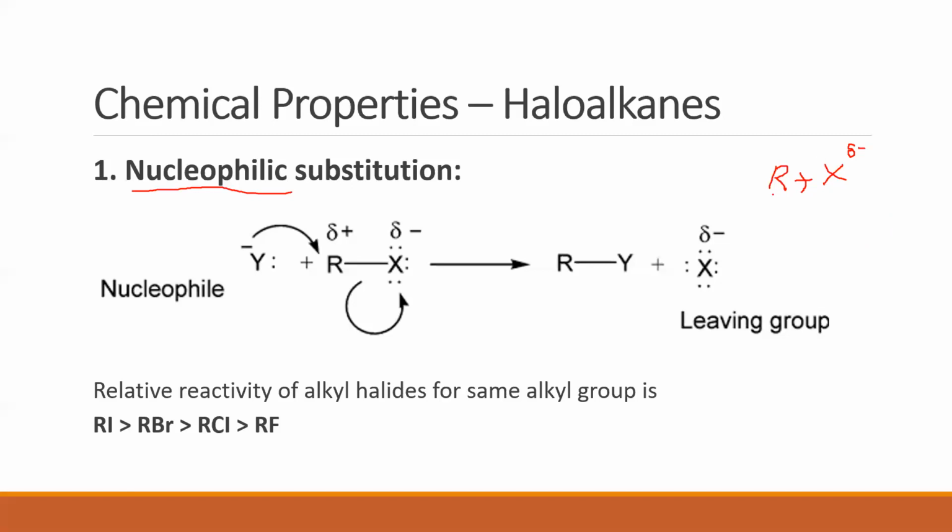Then what about the carbon? The carbon, because the electrons are moving away from the carbon, away from the bond towards the halogen, the electron density on carbon will be less. Therefore, R will get a partial positive charge. Clear? So this results in polarity. RX is a polar compound. A polar compound is a compound where you have two opposite charges in the same molecule.